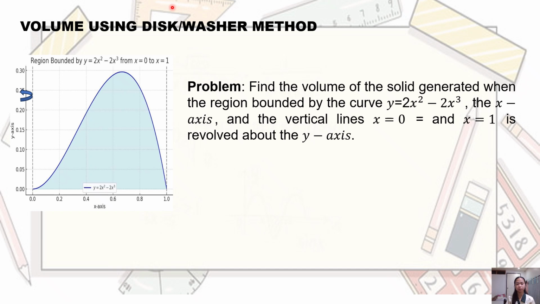When we use the disk or washer method, the slices are perpendicular to the axis of rotation, and we will use the shell method when the slices are parallel to the axis of rotation. These choices make it easier to set up the integral and simplify your work depending on the axis involved and the form of the function.